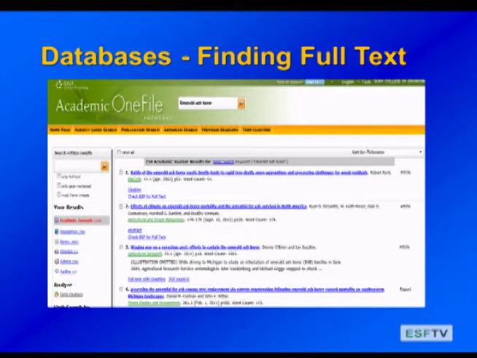And that's very common for the databases. If you really need full text immediately, look for that limit option on the sidebar of the databases. There's usually an option to search full text or peer-reviewed at the same time. I want to point out here, if the database does not have full text, all of our databases talk to